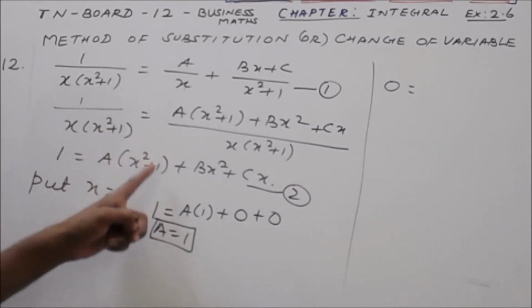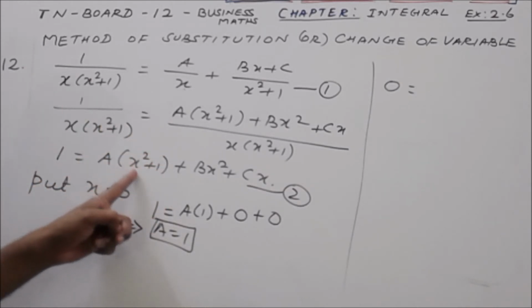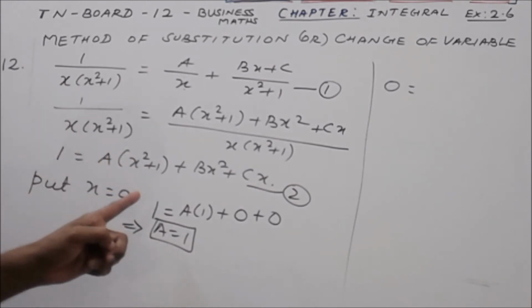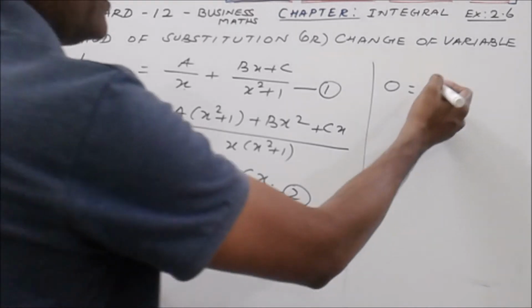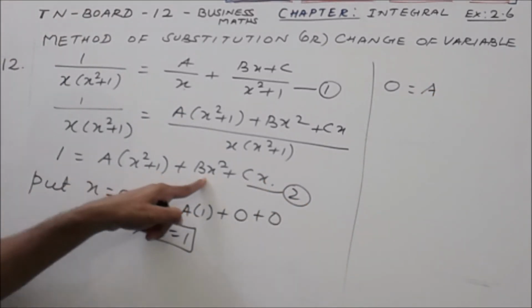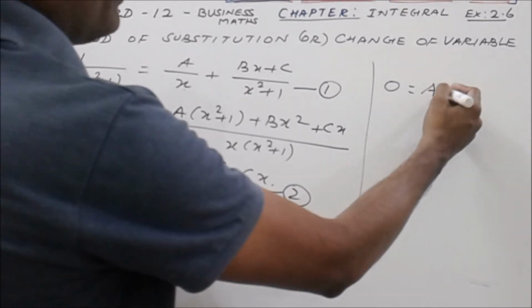Then here we have a. Here there is no x square; only x square appears here. When we multiply, it will turn into a x square. In that place, the coefficient of x square is a, so that is taken here. The coefficient of x square is a. And then the second term we have x square, the coefficient is b. So plus b.